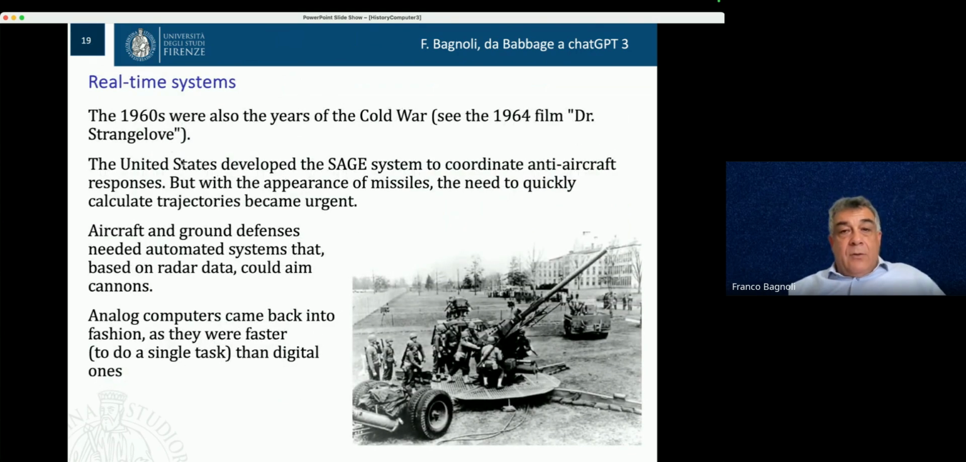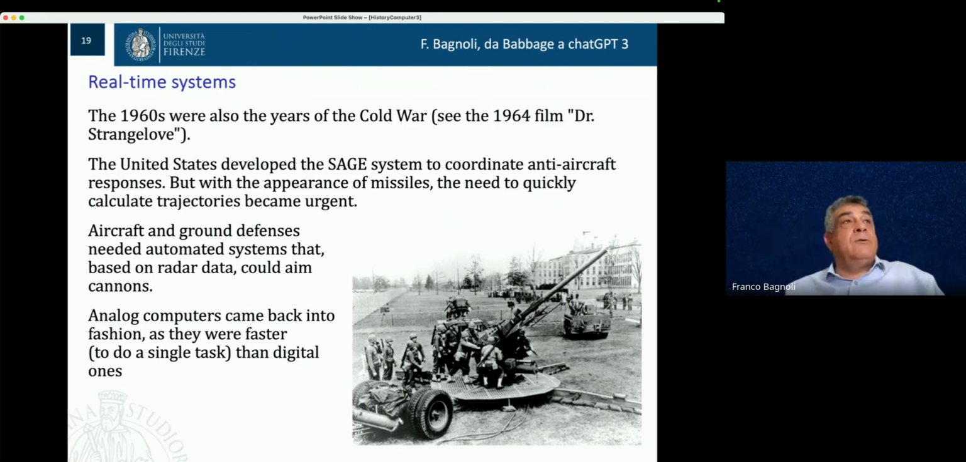And also in the 60s, there is the beginning of the Cold War. You remember now that wars are clearly a powerful push to develop new things. What happened with the Cold War? See, Dr. Strangelove is a '64 film, which is worth seeing. So the idea of the Cold War started essentially when,